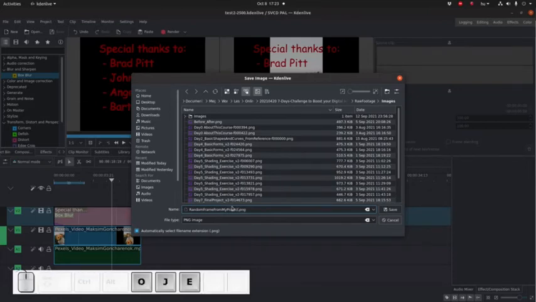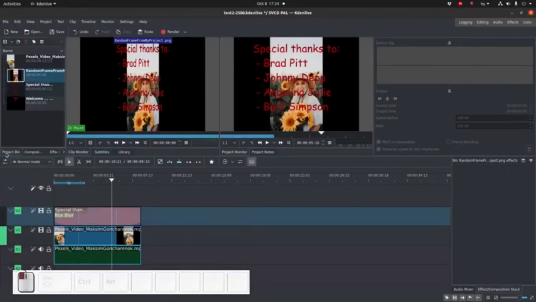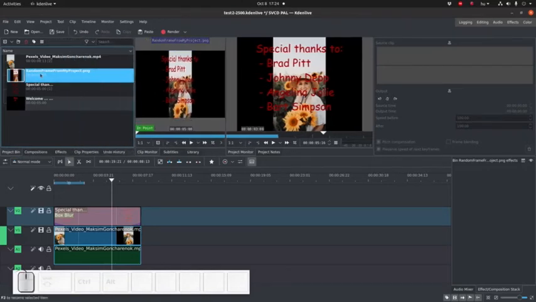I just gave it a stupid name because this is just a demonstration, but obviously if you're working on a bigger project you'd do well to give it a sensible name, and pick a sensible folder. So I'm just going to leave it in the folder I currently have open. We go back to our project bin and we see here, there we go, we have a random frame from my